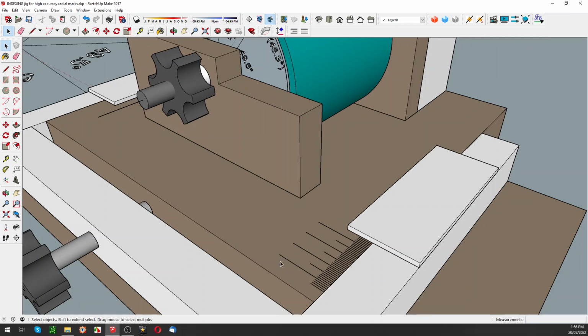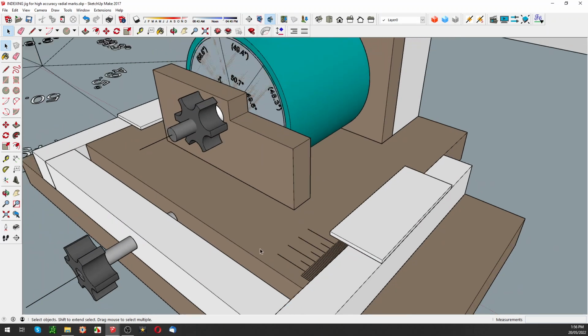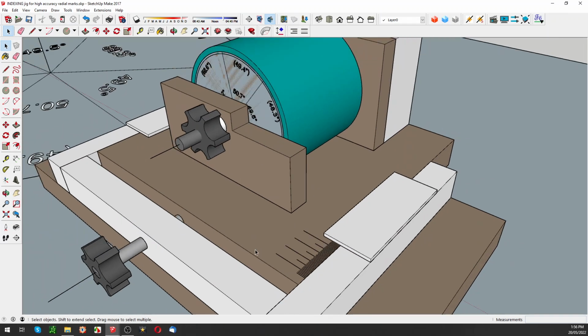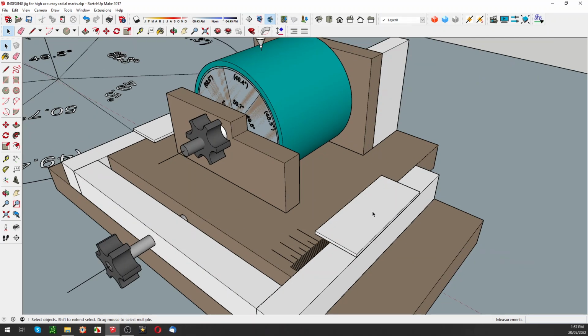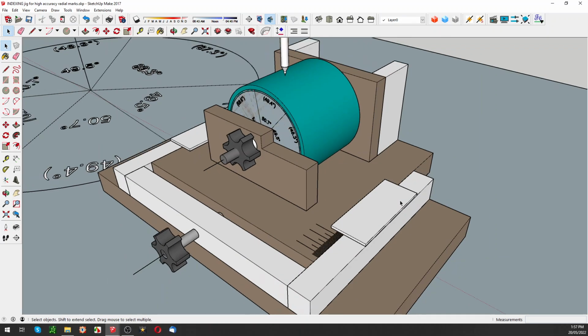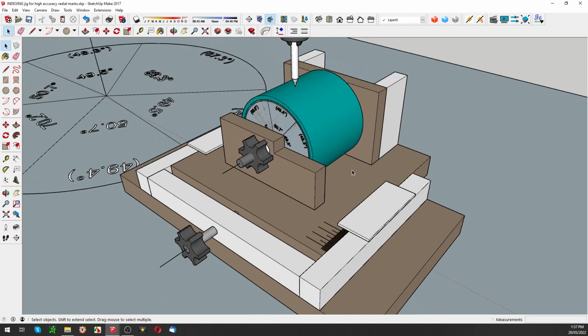You can in fact insert an engineer's rule, which is probably what I'd be doing. You can get those small 6-inch or 150 mil engineer's rules, and they go down to very fine increments, so it's accurate, and it wouldn't be very hard to insert one of those into a piece of custom wood and use it. Now these two plates are designed to hold down the custom wood base, and this is kind of